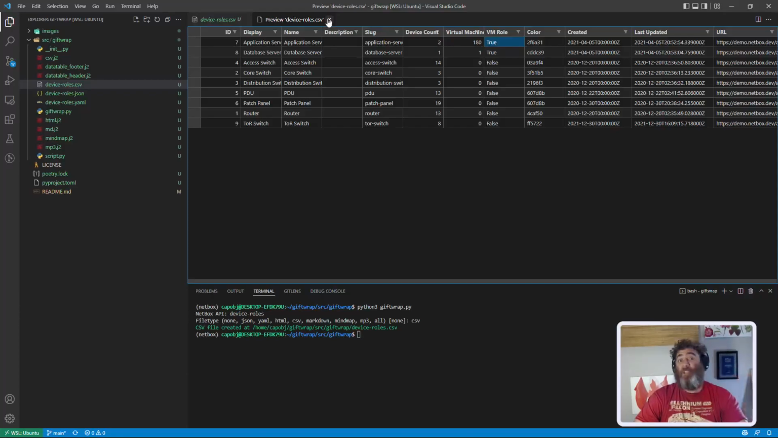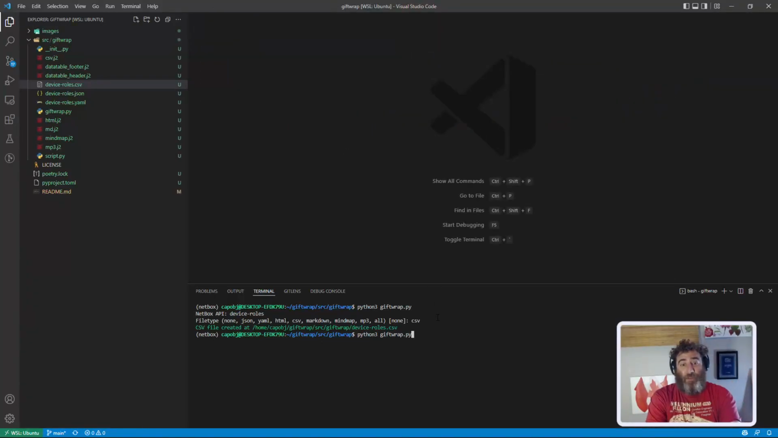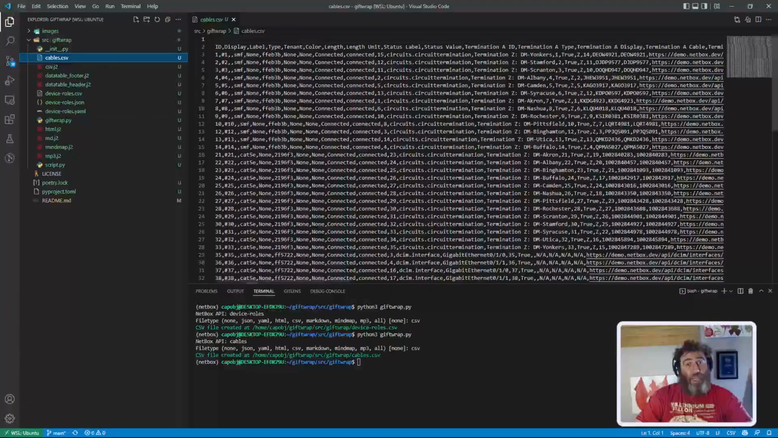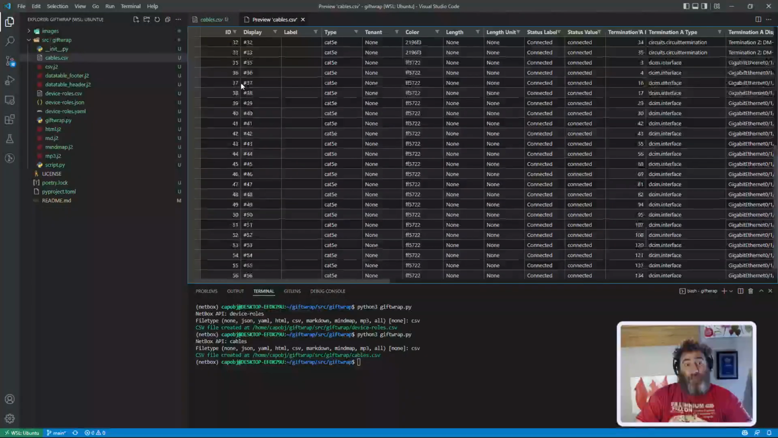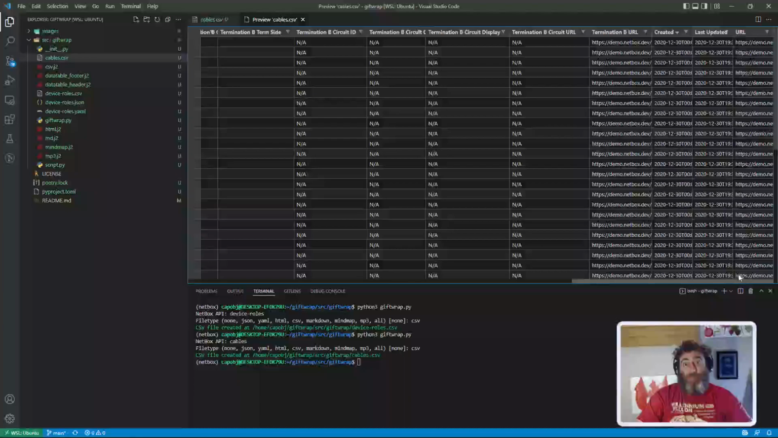Excel ready, business ready, just absolutely incredible. Now, I'm going to just break for a second and show you cables to give you a sense. So cables as CSV, instantly. And look at all these cables, right? If I preview this, it's got 58 cables, and we have all of the information about the cables, everything you'd